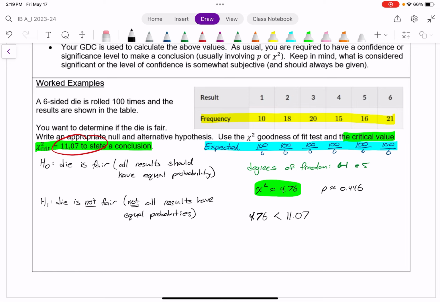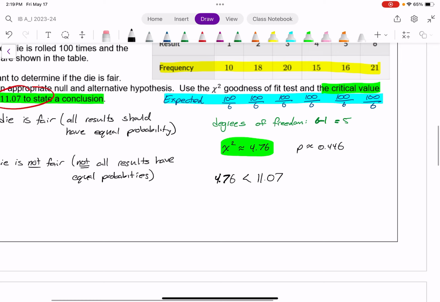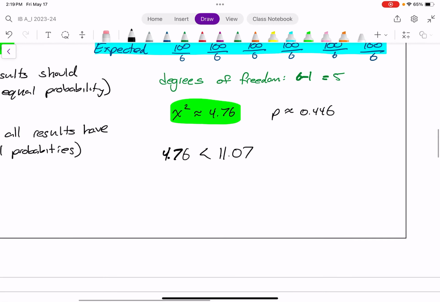It may still not be fair. We just don't have enough evidence to say with confidence that it's not fair. If we had a chi-squared value more than 11.07, if it strayed more than that, then we would have that confidence. And so with that said, I now need to say that we fail to reject